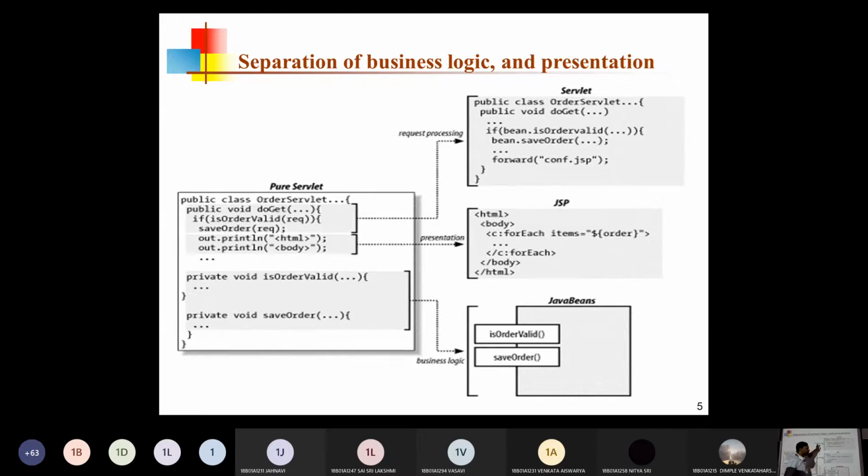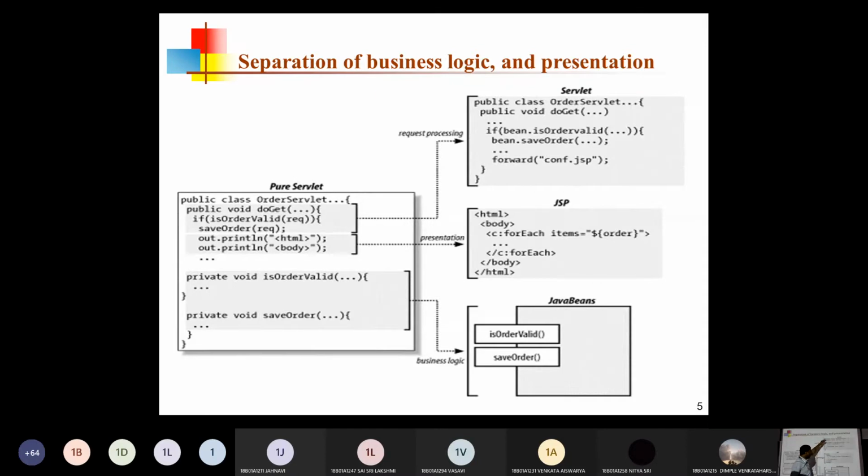Request processing is always done using servlets, and inside the servlet we write the business logic. This is a business logic operation, and it is pure Java programs. Business logic can be written only using pure Java programs. These business logic operations can be used inside the servlets by creating objects of the business logic classes and calling the different kinds of methods related to the business logic from those objects. So all these things will be done in the servlet.